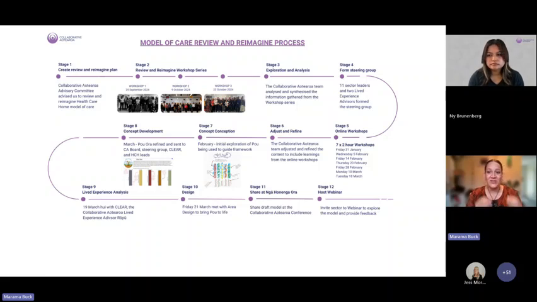We then pulled that all together and started to think about the concept. How are we going to pull this together? Are we going to keep it as Healthcare Home, or is it time for a new iteration of that? And that's where we came up with the idea of Pou, which I'll talk about a little bit on the next slide. So it started off with a wee sketch, then it became bigger on a whiteboard.